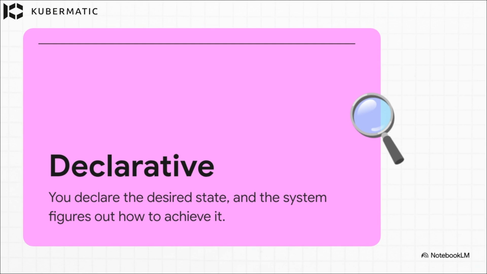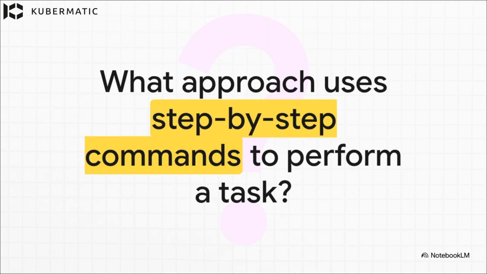This is the "tell me what you want, not how to get it" philosophy. You just write a file that says, hey, I want 3 servers and they should have this software on them, and the tool handles the rest. It's kind of like telling a taxi driver your destination address, not giving them every single turn-by-turn direction to get there. Now, for the total opposite of that,